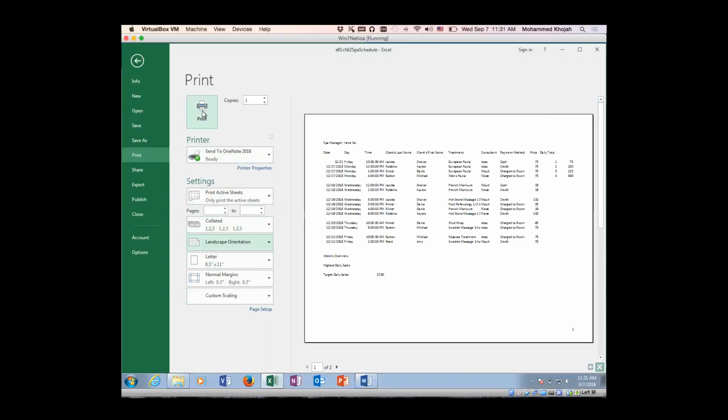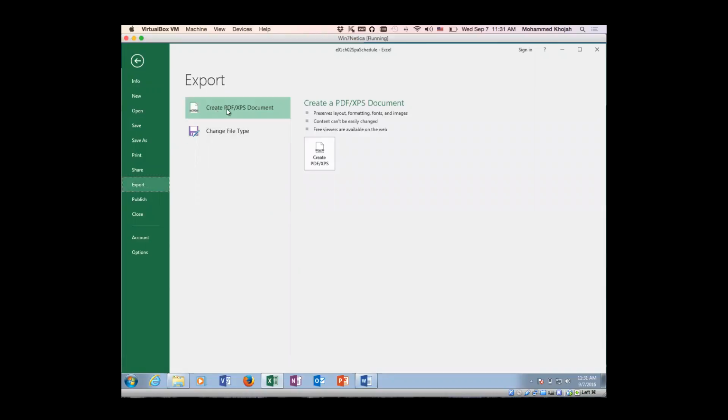But let's say you don't want to print it. You don't want it on paper. You want to save it as a PDF. That's a different function here. I think on Mac, you can do it with the same window, so you can have a PDF option down there. But in Windows, you go to Export. Okay. So if you click Export, Create PDF, and then Create PDF there,